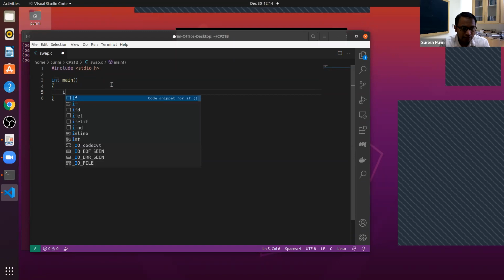There are two variables, var a, which is initialized to 10, and var b, which is initialized to 20,